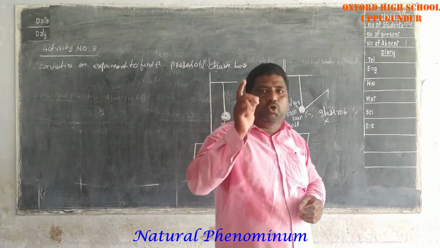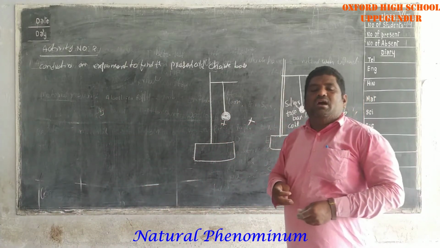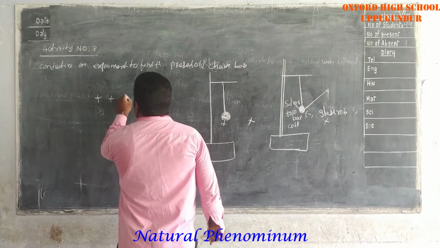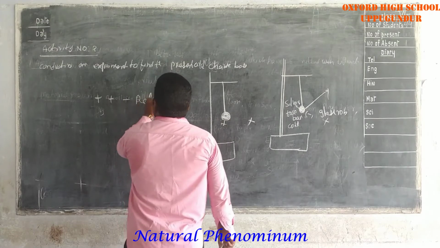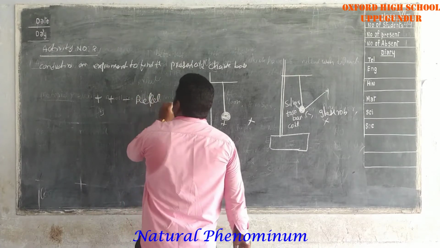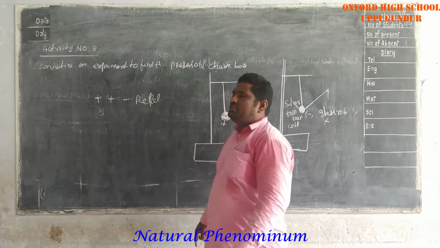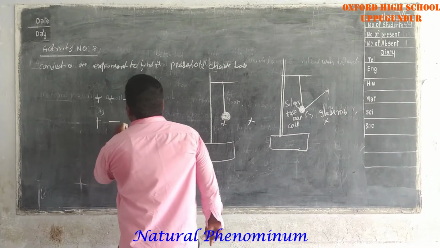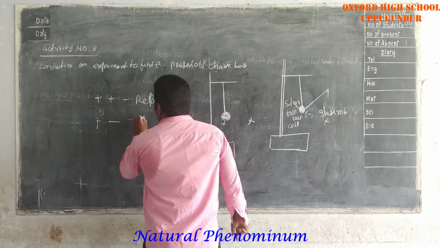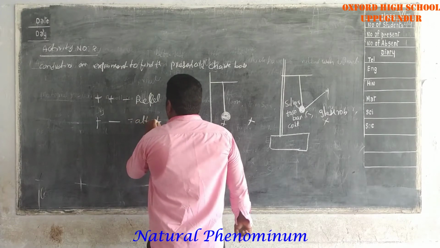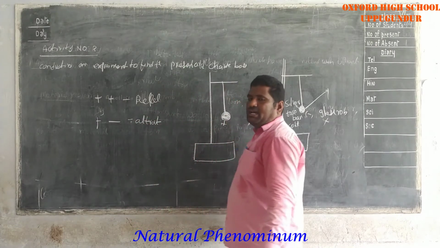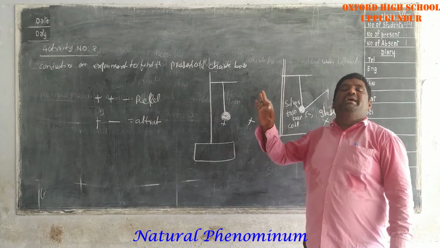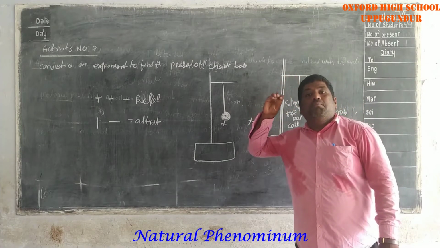The charges are of two types. One is the same charges. Same charges, meaning plus and plus, is called repel. Next, another one is a charged body that is positive and negative. It immediately gets an attractive force also. These are the experiments on how to find out the presence of a charged body.